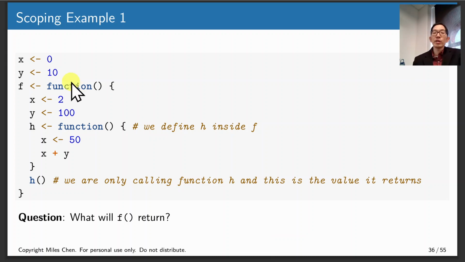Here I have x is 0 and y is 10 in the global environment. In the global environment, I create a function f. Inside of the function f, x gets the value 2 and y gets the value 100. And inside of f, I create a function h. So the enclosing environment of h is f. Inside h, x gets the value 50, and h is going to return x plus y. So if I call f,